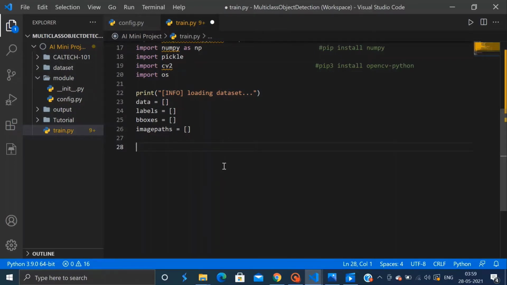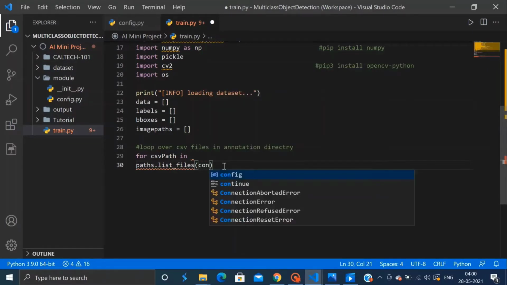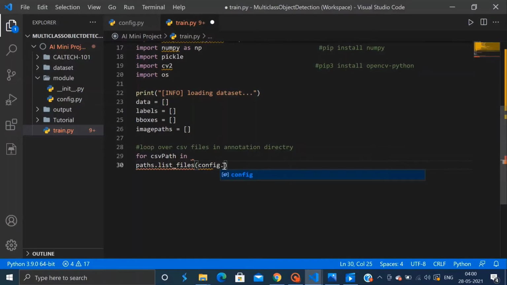So we will start by looping over our CSV annotation files. For this, I'll write for csvPath in paths.list_files, and then I'll pass the annotation path from our config module and valid extensions .csv as the parameters to this.